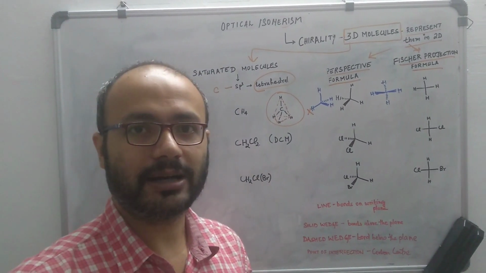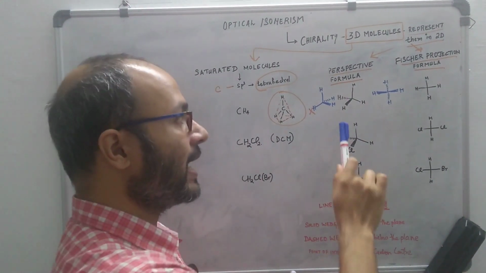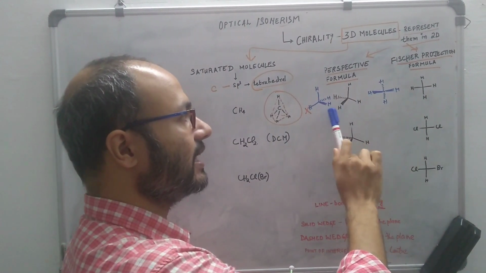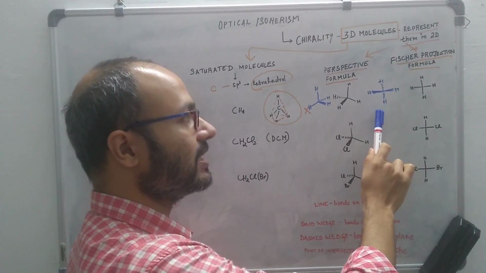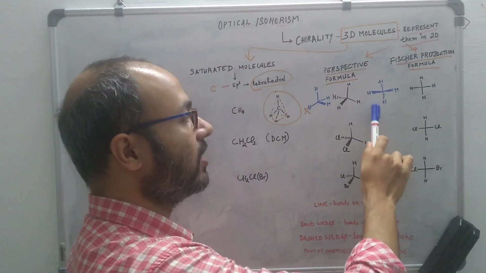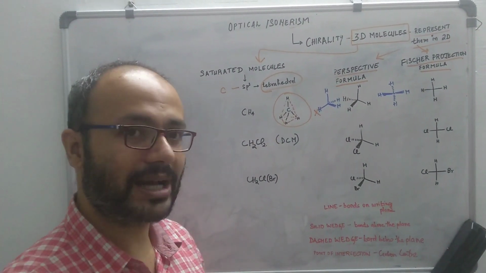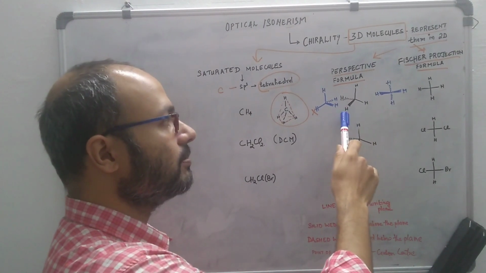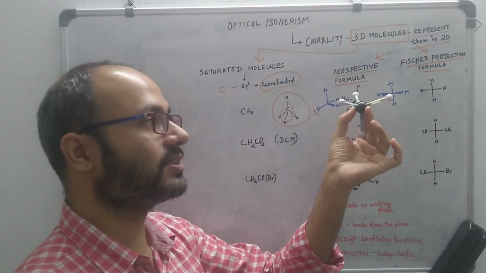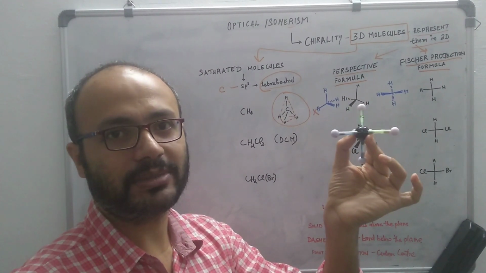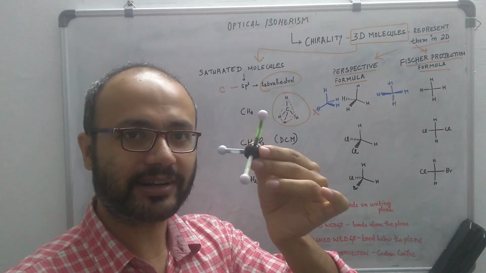Just concentrate on the perspective formula and try to understand these two ways of representing, using wedges or lines. Whatever way you imagine, try to draw the methane molecule and try to correlate these 2D representations with the three-dimensional model. Get hold of 4 matchsticks and try to make a tetrahedral structure like this,